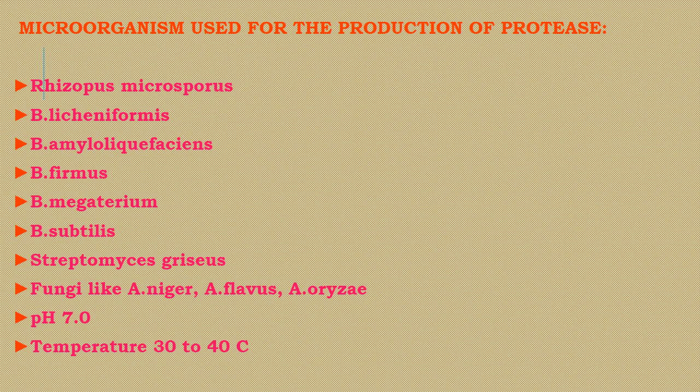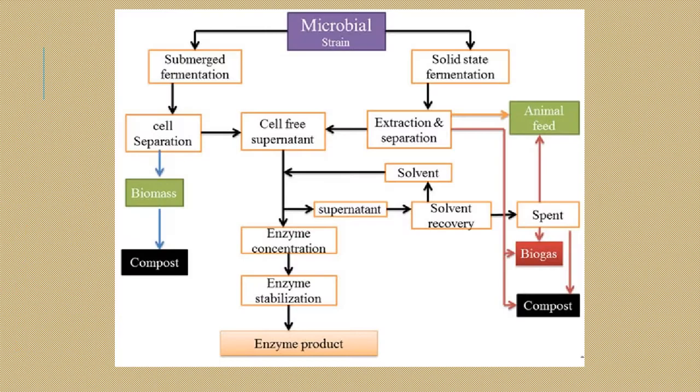All these microorganisms can produce the industrial protease enzyme, and it requires a pH of 7 and the temperature will also vary from 30 to 40 degrees centigrade. So first we will frame down the microorganism, we will do the inoculum preparation, and then we will move on to the seed fermenter. Here we have only one particular microorganism. The overall enzyme production may be a submerged fermentation process or a solid substrate